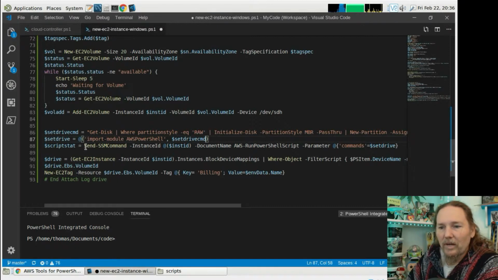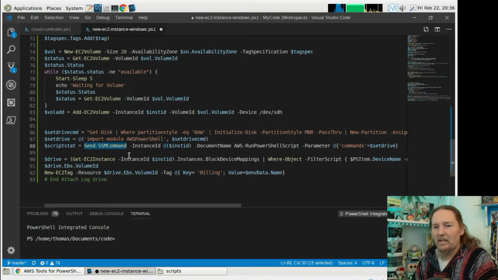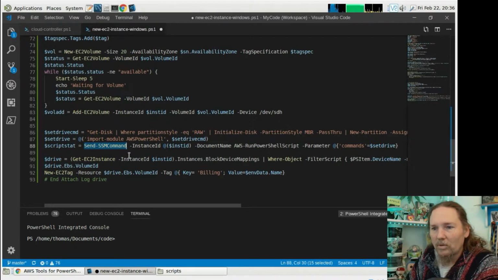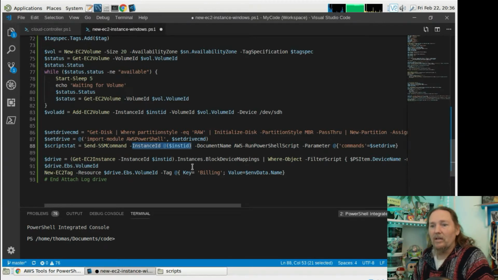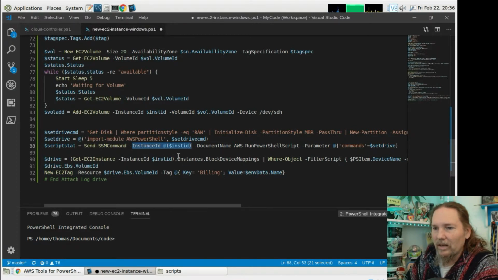Okay, so now we do the Send-SSMCommand. So this is taking the command that we've just created and we're sending it to that instance, and that's why we need that SSM role to be attached to it so that we can run it against it. Okay, so we can send it, so we send the instance ID. This can be a group of instances, so we can run one command against multiple instances, but this time we're only running it against one, our instance ID of the